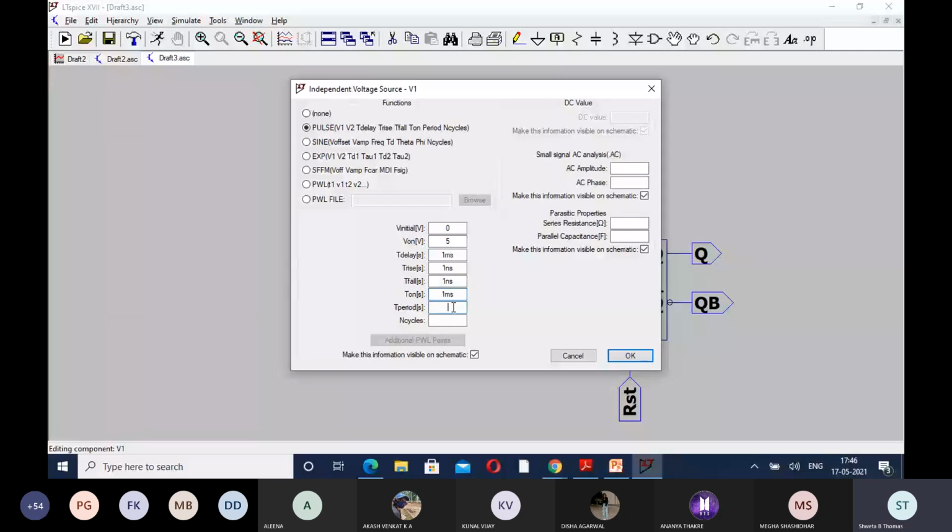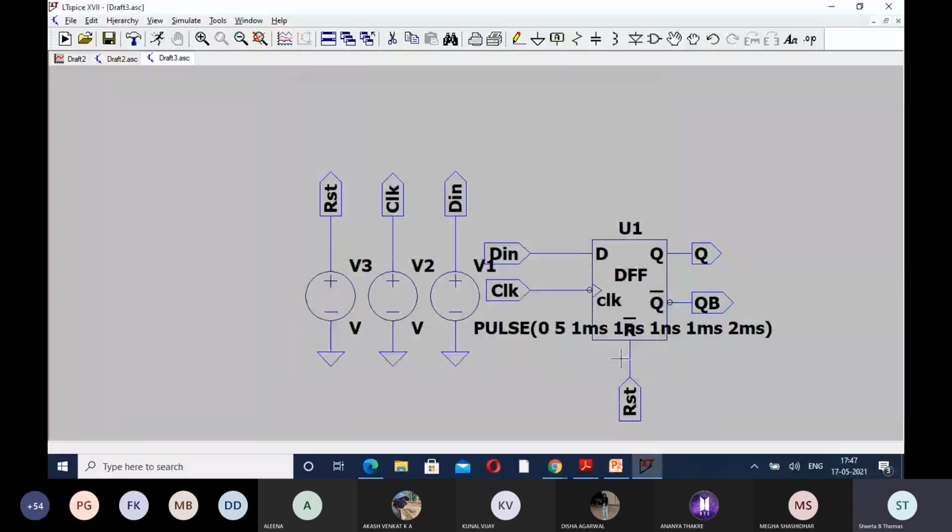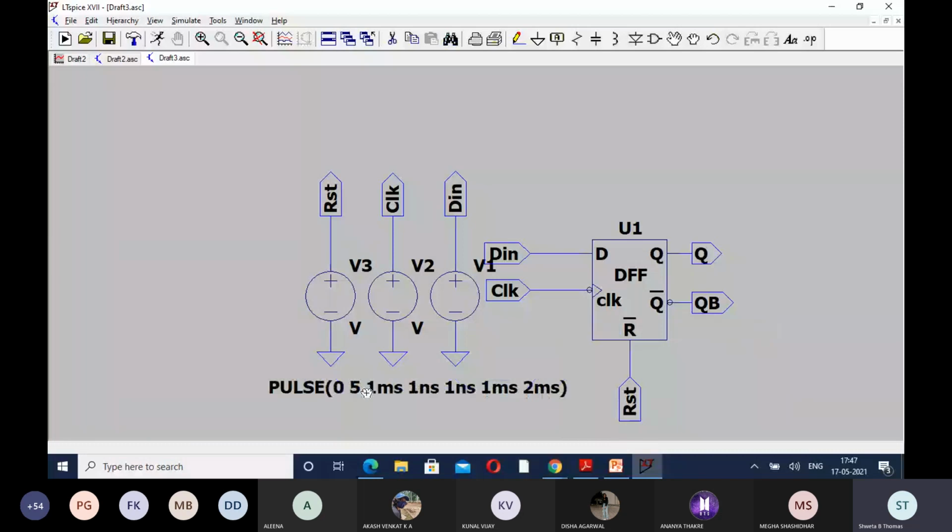But see this T on and time period. It will be just double of this one. So this is the value I have given. This is for V1, that is the D input.